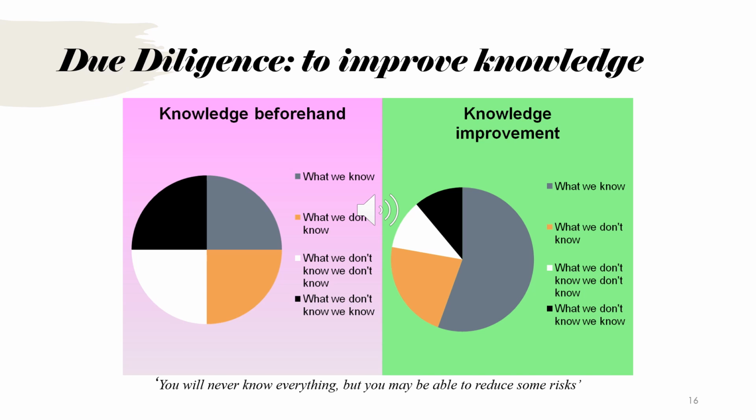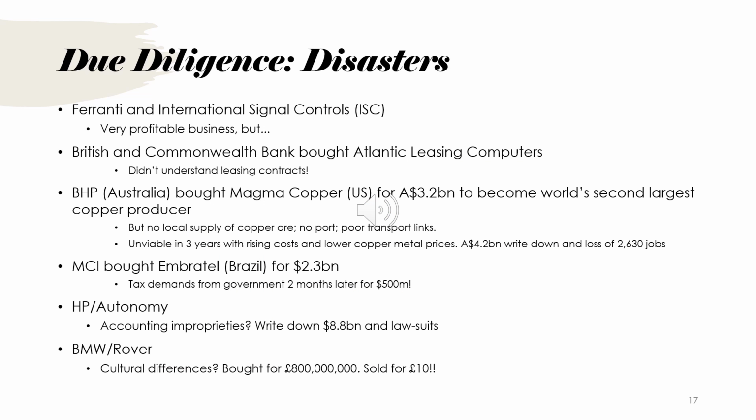It can't be done. So to give you some examples where due diligence wasn't properly carried out, leading to disastrous deals, a famous one was by Ferranti, which was a UK sophisticated radar producer and manufacturer, a very high quality engineer. But they were quite small and they wanted an international market to move into. So they bought an American company called International Signal Controls, which is hugely profitable. But they were very secretive about their customers. They would not let Ferranti know who the customers were. So Ferranti bought the business on trust.